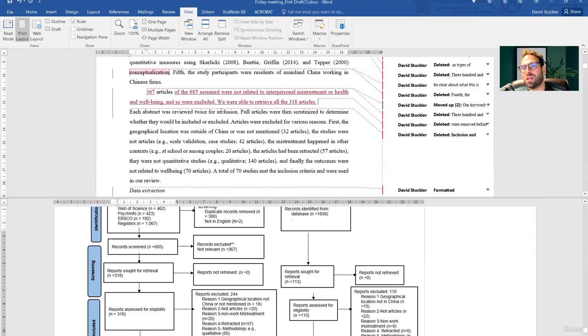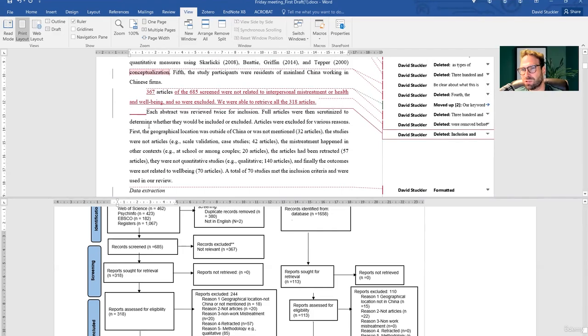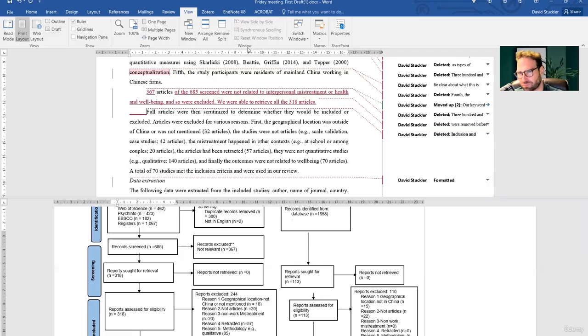So okay, each abstract was reviewed twice for inclusion. No, usually what you have is 2 reviewers will do this. So just take this out because that's a little quirky. So we're able to read. So exactly. So now you're at eligibility.